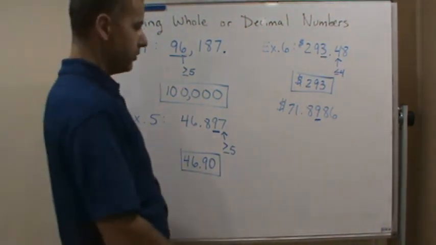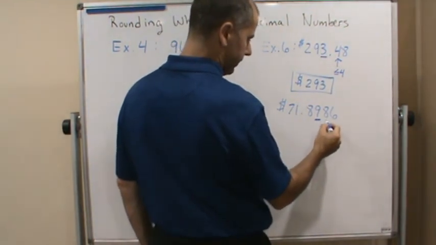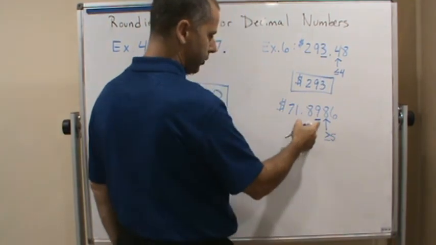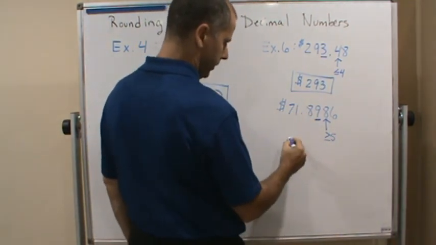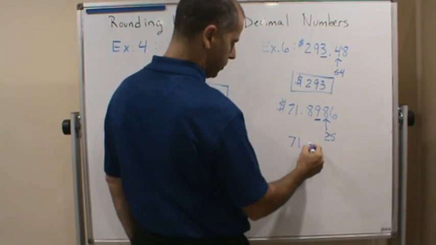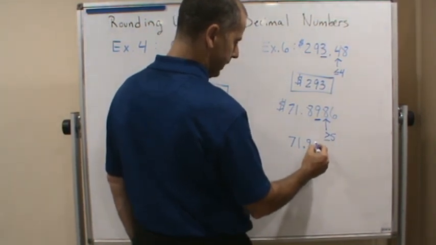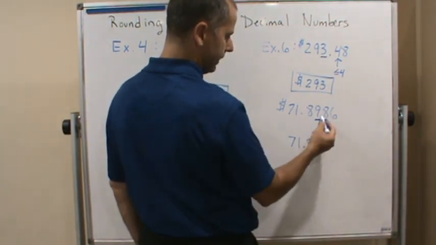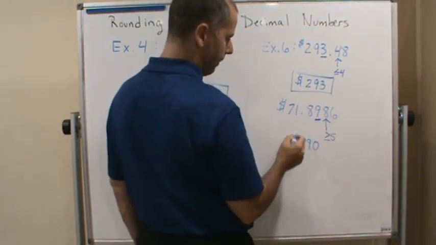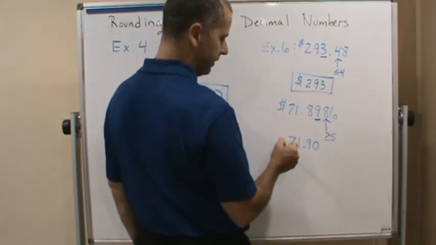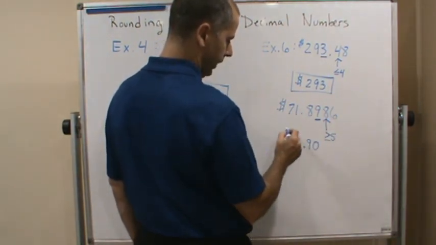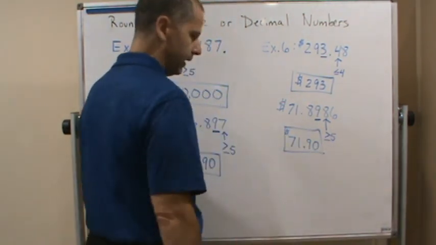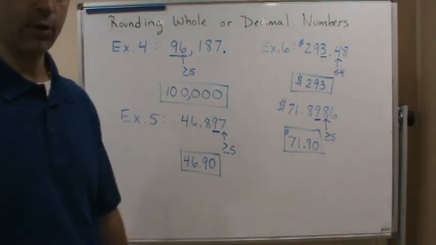So I'm going to look at this, and since this is greater than or equal to 5, I'm going to add 1 to the 9, which is going to bring me up to 71.90. Everything to the right of the 9 gets dropped because we're already to the right of the decimal point. And can't forget our units, this would be the answer rounded to the nearest